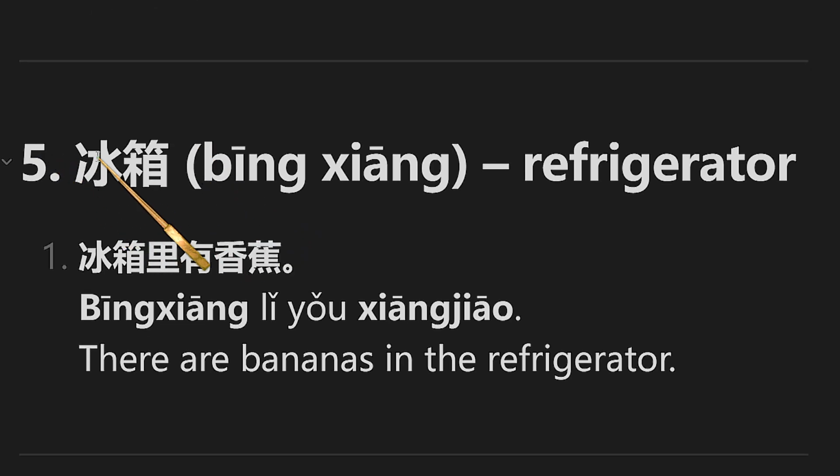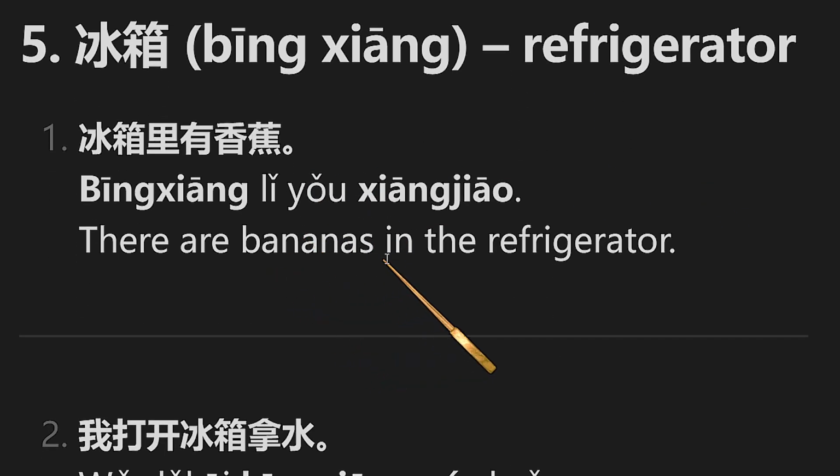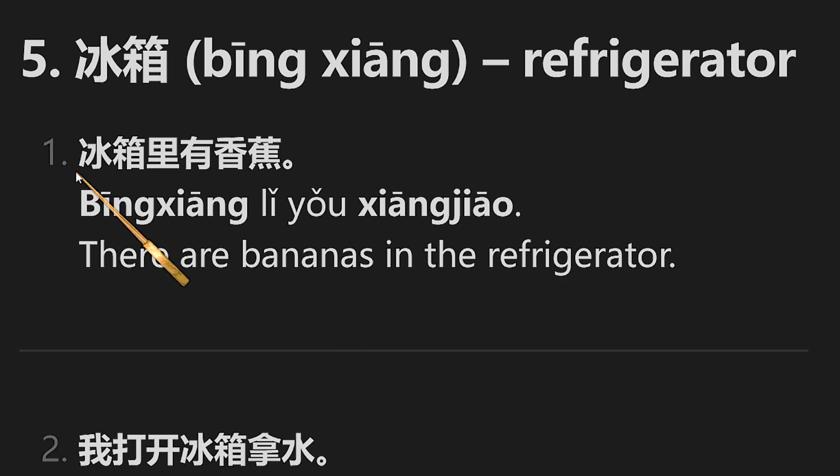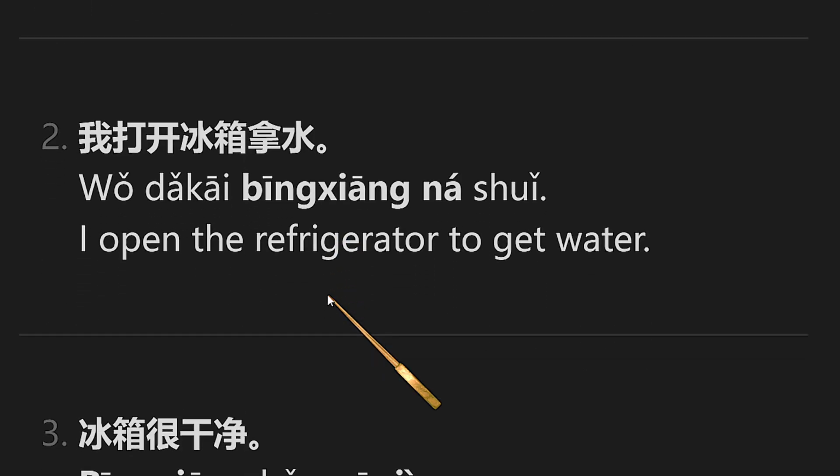Next one is 冰箱, refrigerator. 冰 is ice, 箱 is a box. So ice box, refrigerator. There are bananas in the refrigerator. 冰箱里有香蕉。冰箱里, inside of a refrigerator, 有, there is, 香蕉, bananas. 冰箱里有香蕉。